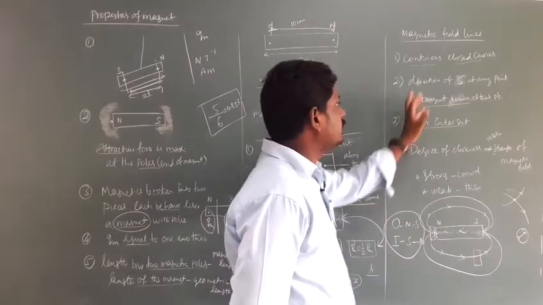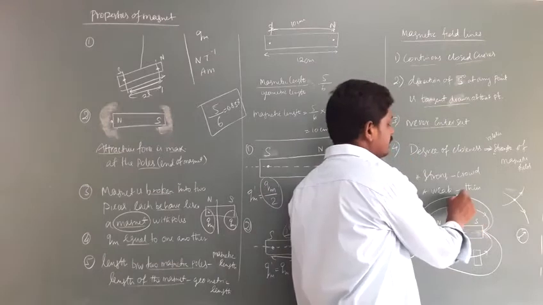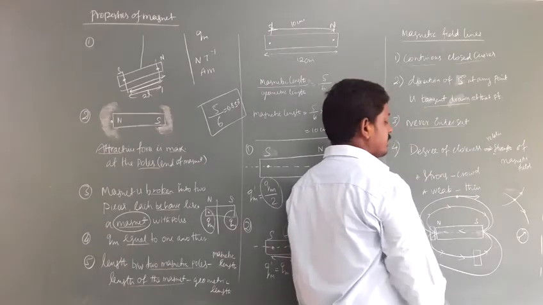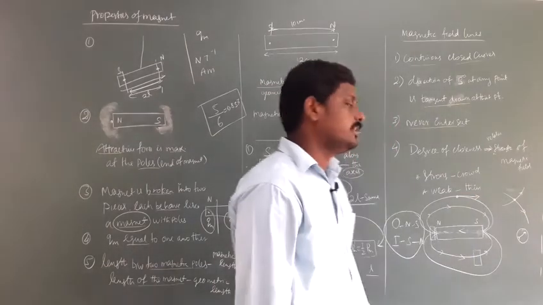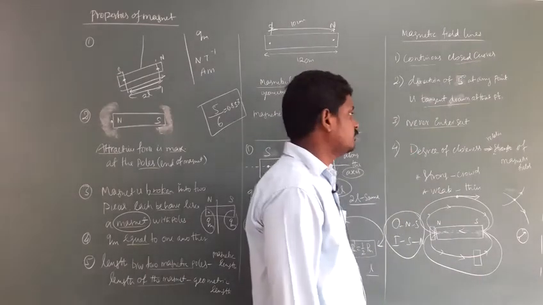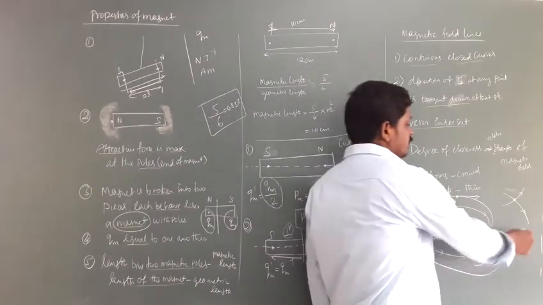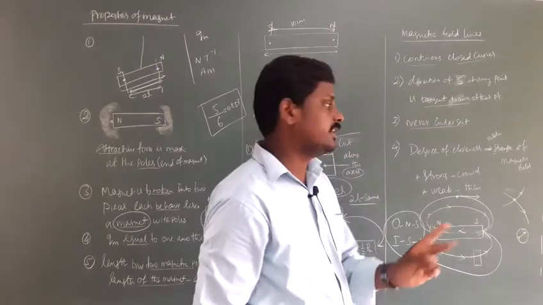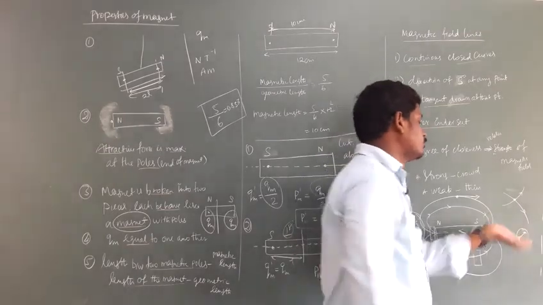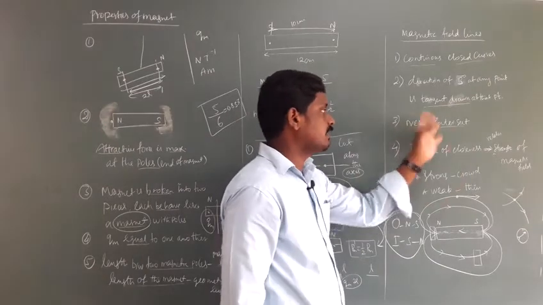The next point: the direction of the magnetic field at any point is the tangent. So what is a tangent? A line drawn at the curve. So this is the direction. At this point, what is the direction of the magnetic field? Just draw one tangent, and you will get the direction of the magnetic field. As usual, they never intersect. If the magnetic field lines intersect, the compass needle would show two different directions at the same point, but that is not possible for a compass needle. So magnetic field lines never intersect.